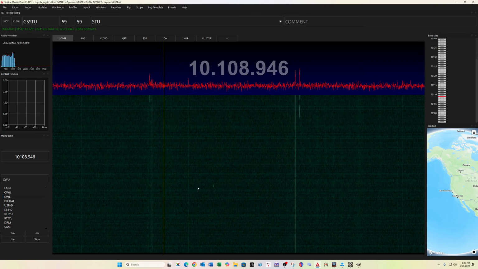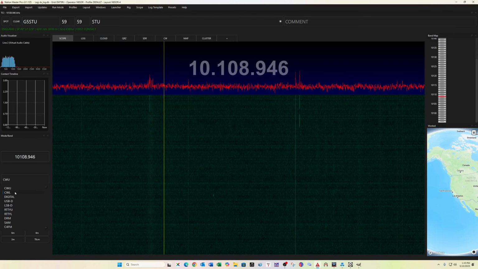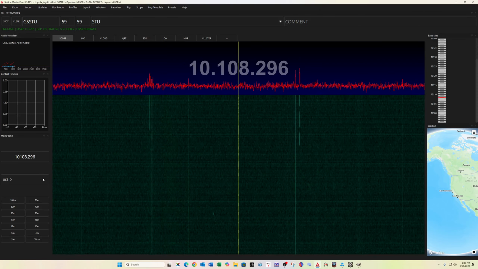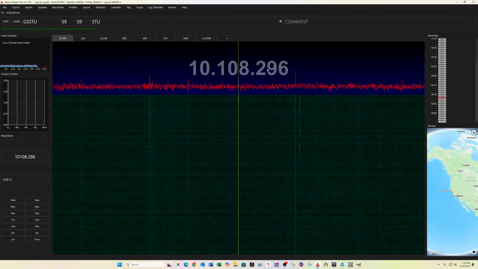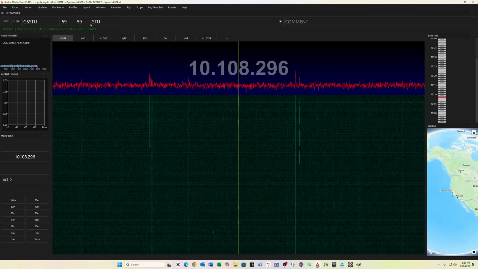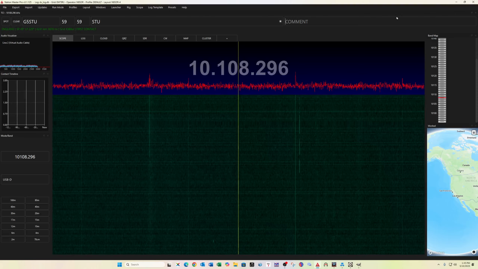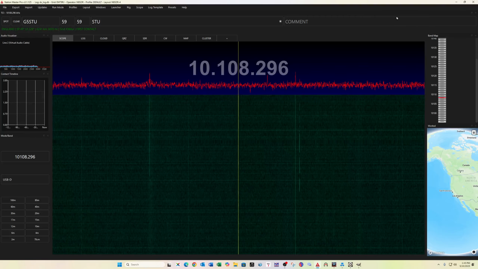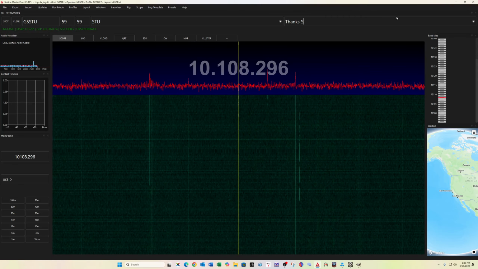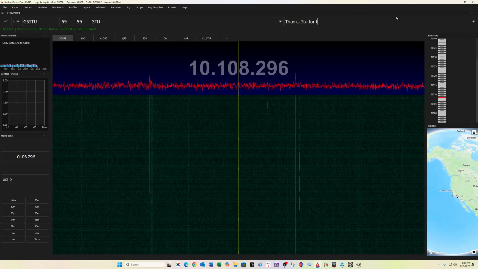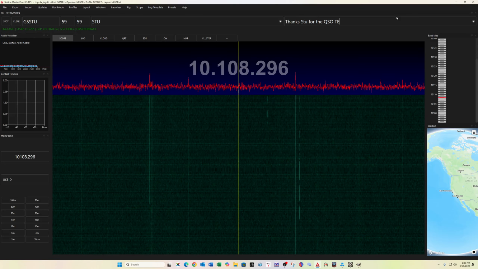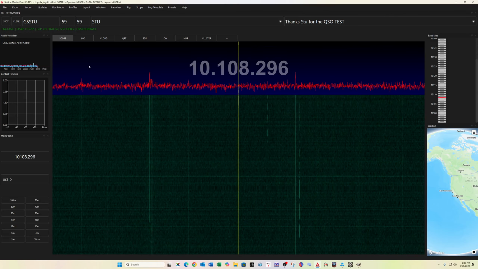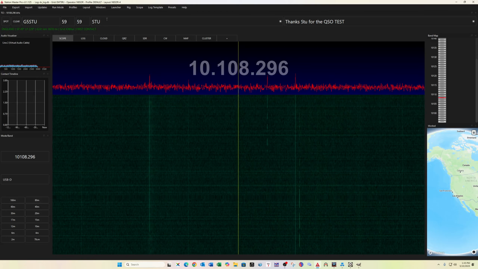Well, there's a page we'll bring up to look at those settings, but let's just put it in digital upper. So we'll just log it like it was an FT8 contact or something. Okay, so if I hit log here and I put test in here again, or wait, let's do this. So thanks, Stu, for the QSO test. If I log this now,